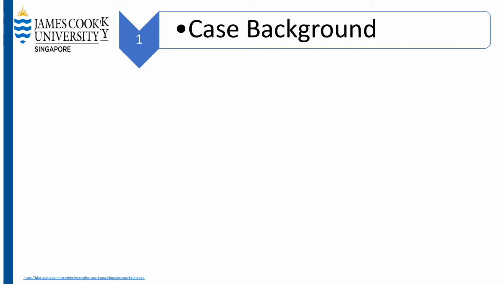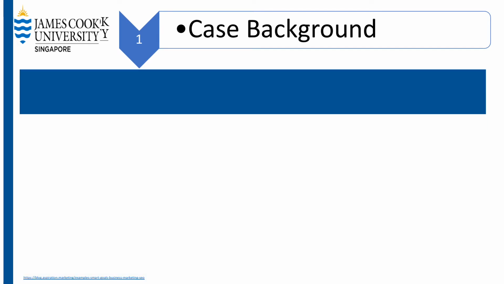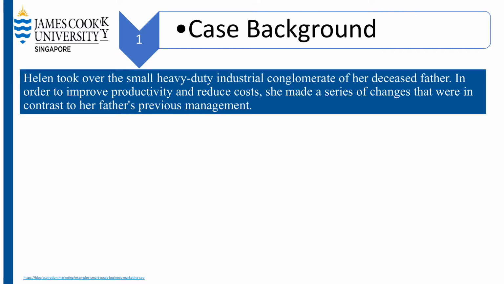We decided to use three main theoretical models, which are the job characteristic model, and a combination between Maslow's model and Herzberg's model. Firstly, I will give you some information about the group case studies.